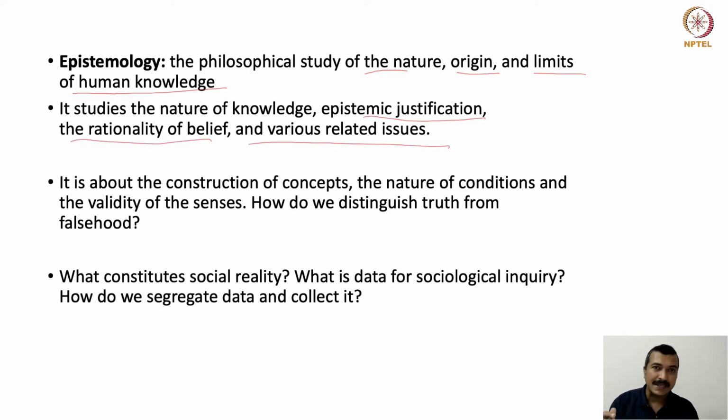So it tries to understand how we construct certain kinds of knowledge forms, how we prioritize a certain kind of understanding as authentic knowledge over others, and how we say that this particular form of knowledge is greater than or better than the other kind of knowledge. How do we make sense of that? How do we interpret reality in a particular way? How do we say that scientific rationality is better than, say, knowledge that you derive from magic, or from religion, or from black magic? How do you say that?